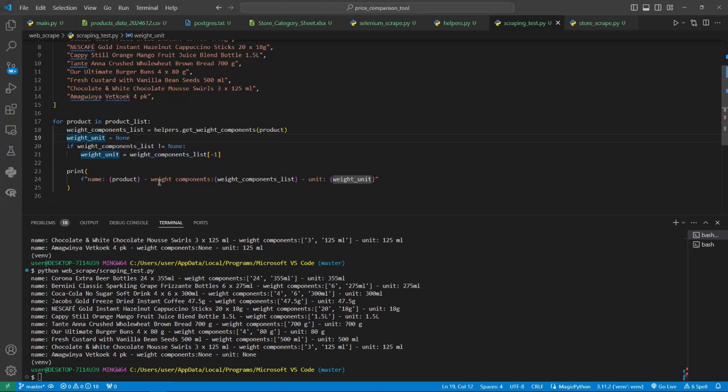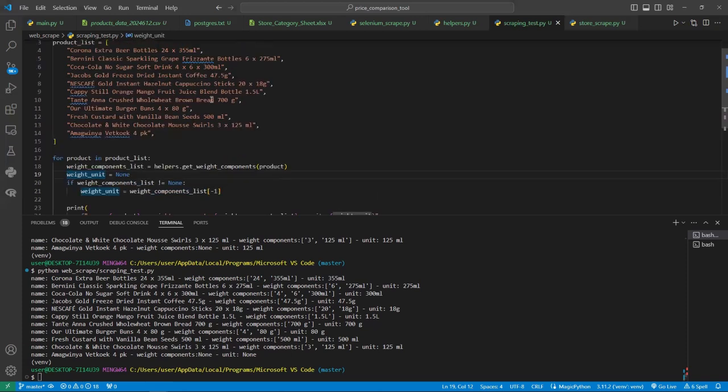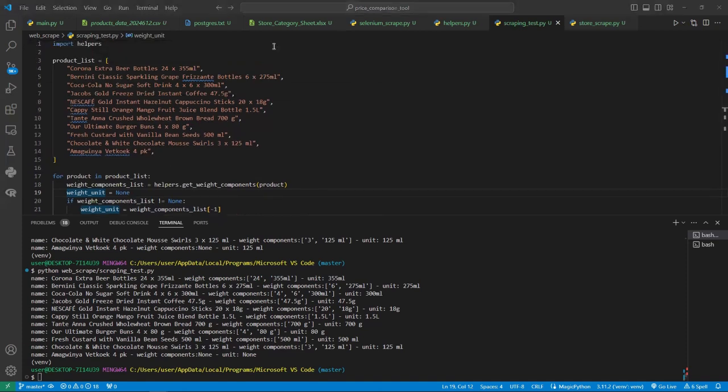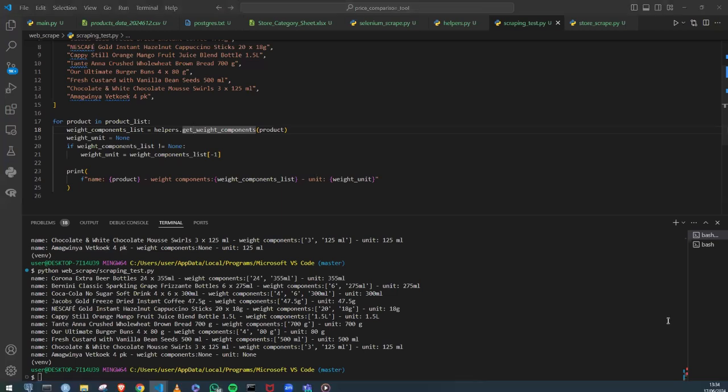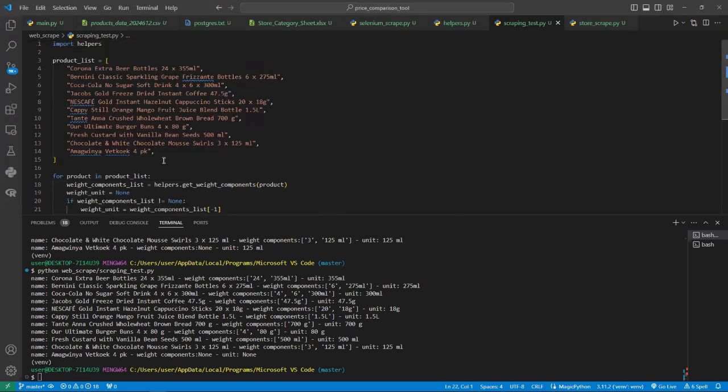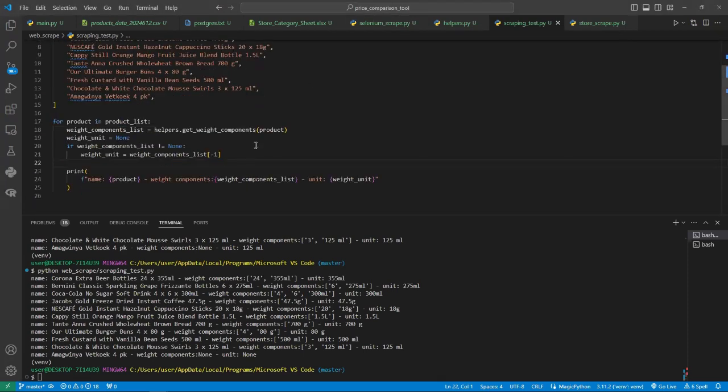Wait a second. I didn't even use the get weight unit function. I just wrote a function that I didn't need. However, what I want is the units, not the value. So what will be happening here is now weight unit is going to